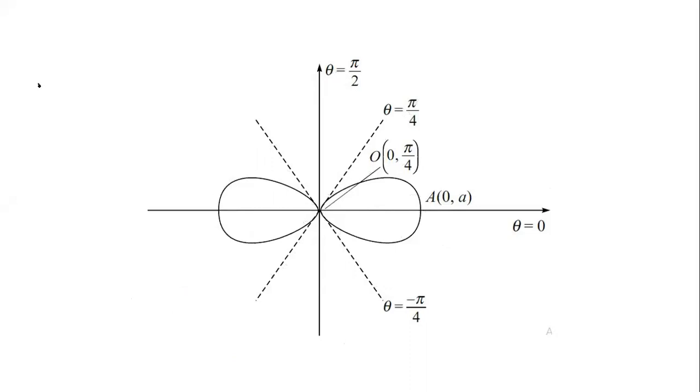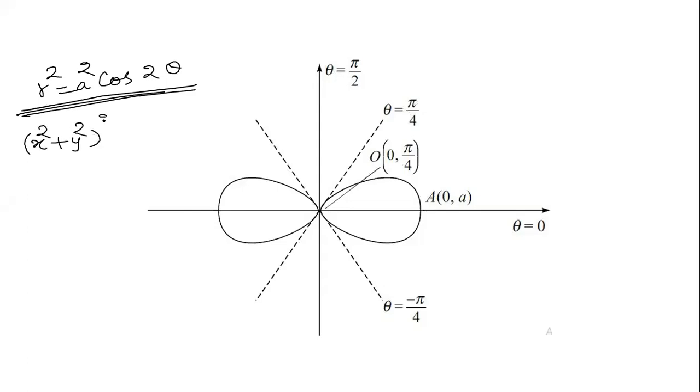This is the curve of r square is equal to a square into cos of 2 theta. If you remember, we had solved one problem. The last problem was x square plus y square to the power 2 is equal to a square times x square minus y square. This was Cartesian. Definitely we can convert every Cartesian problem into polar, and then we can make use of polar properties and vice versa also.